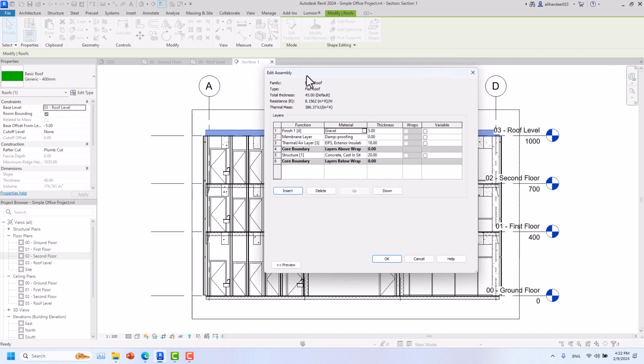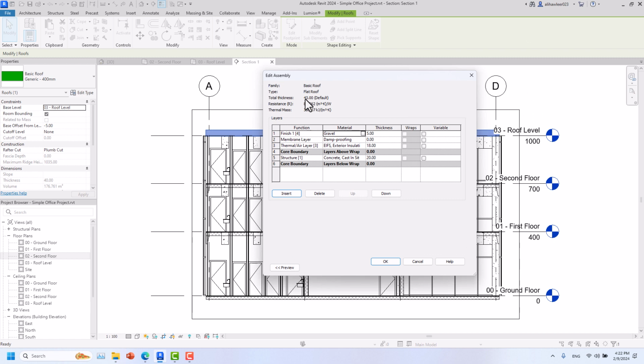And there is another thing, that this became 43. The thickness became 43. Okay, maybe we will make it 15. Maybe. And let's see, this became 40. Okay,